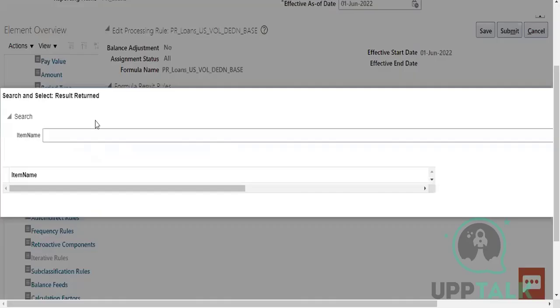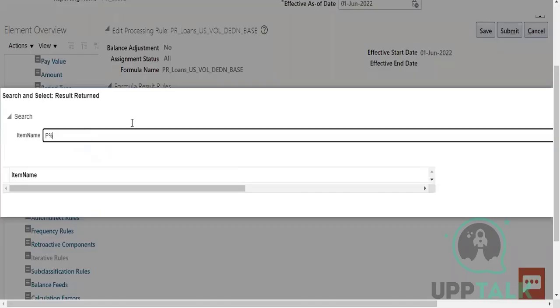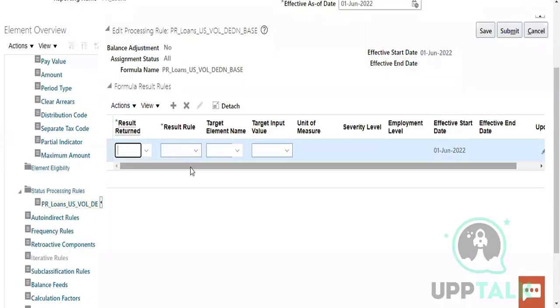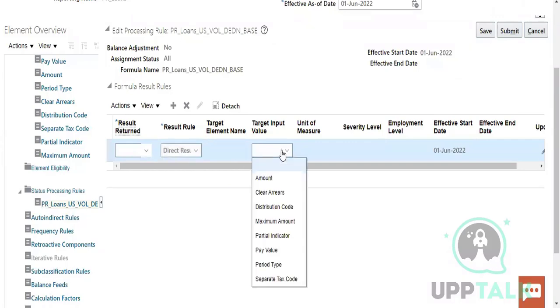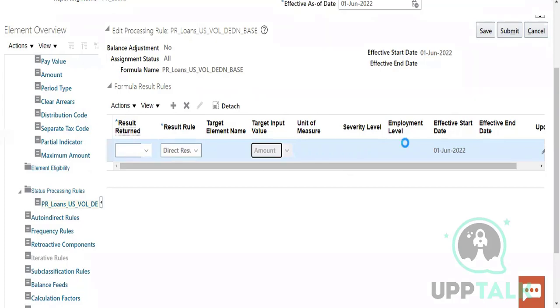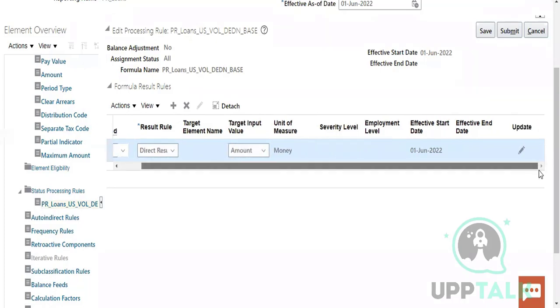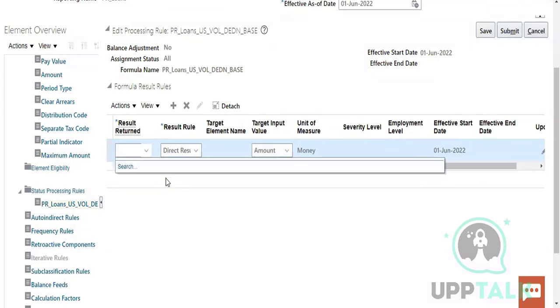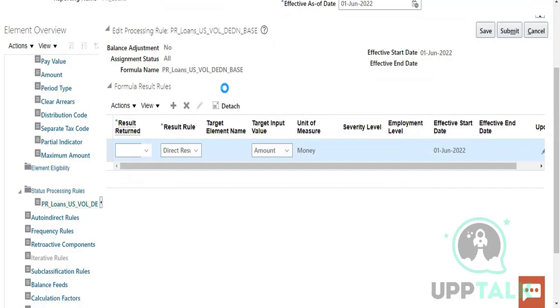Search pay value, suppose pay value. Direct result, target name you can say as amount, and you can write here unit of measure money, and result returned in the form of. Let me check, search, and you can search as